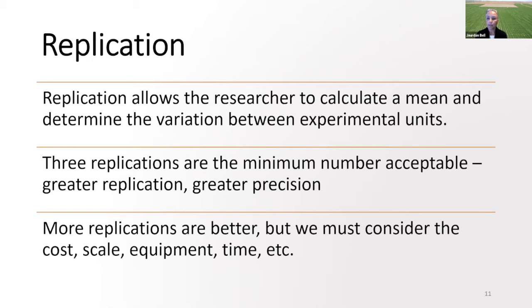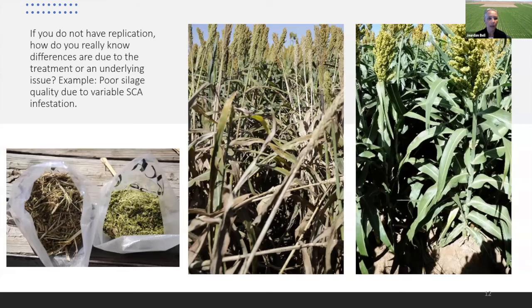But if you really consider the value of your project and the power that it could have if it's replicated and done properly, it is worth your time to do the replications if the research has not been previously proven, as I mentioned earlier. So for example, if you do not have replication, how do you know if differences are due to treatments or an underlying issue? So for example, this is looking at just some silage quality from research that we have done